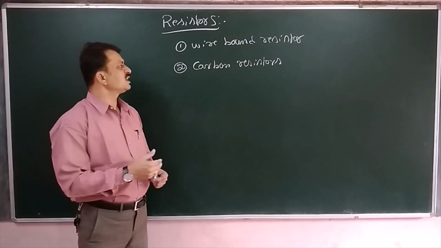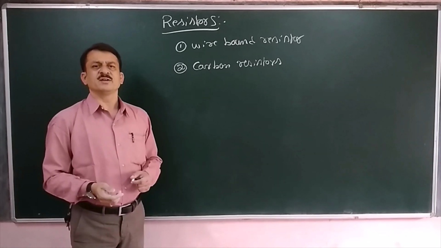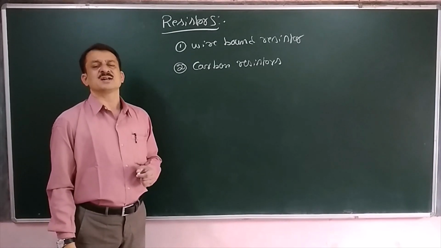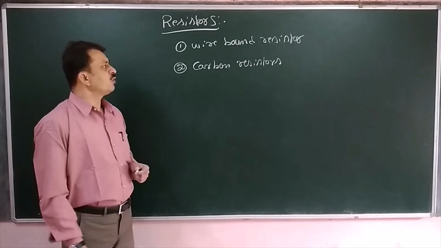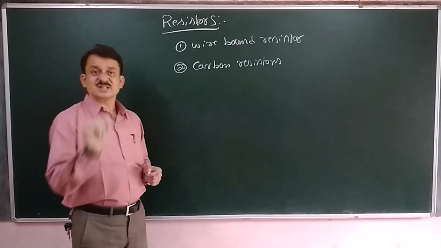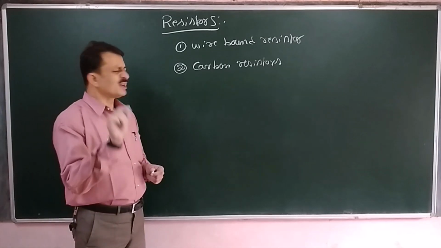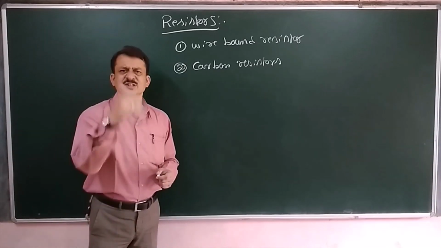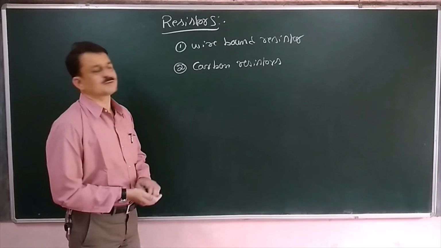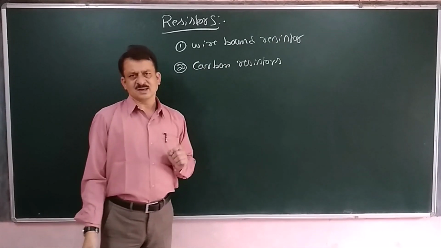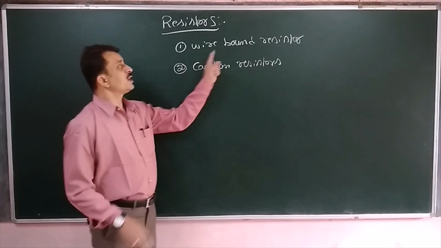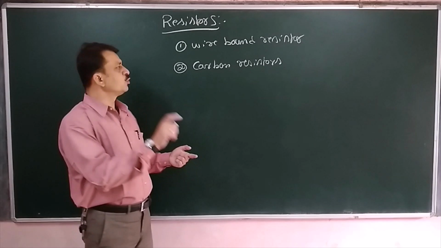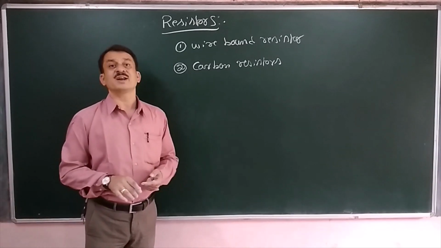Now a wire bound resistor is a resistor obtained by winding the wires of an alloy like manganese, constantan, nichrome. Why have we chosen these materials? Their resistivity varies very little with respect to temperature, or simply we can say that resistivity is almost independent of the temperature. Because of that reason, we choose manganese, constantan and nichrome for wire bound resistors. Their size is very large, but they range from a fraction of an ohm to a few hundred ohms.